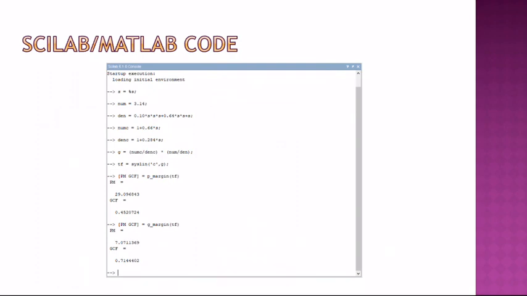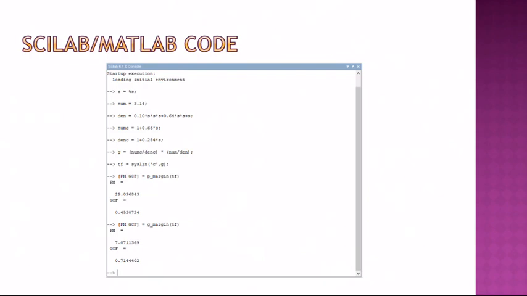Next we have the second Scilab code, which also has the numerator and denominator, but the difference is we have the numerator for Gc(s) and the denominator for Gc(s). First we define each of the s values, then we multiply them to obtain G. Then we use the syslin function for calculating the transfer function, and we get the values for phase margin.